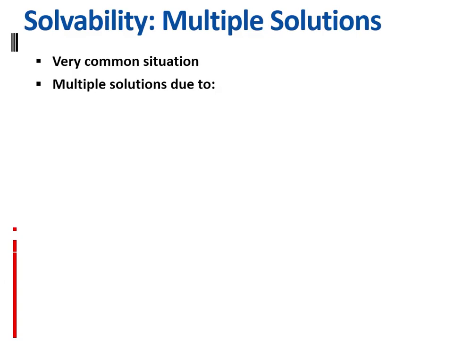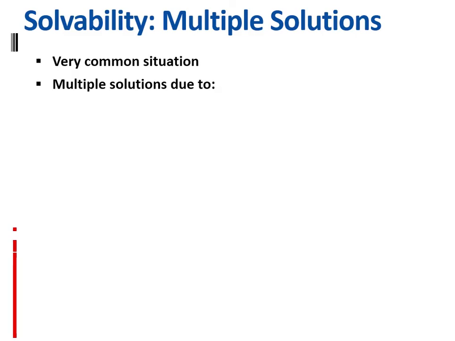So having multiple solutions is a very common situation in robot manipulators. It poses a problem in selecting the best solution among the multiple solutions. Because we have multiple solutions, but which solution will be the best one, or best suited to our particular problem, particular robot, that is what we have to find out, and that is how we are going to proceed now.